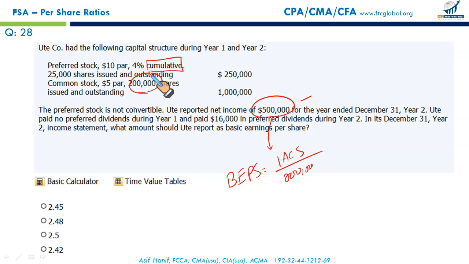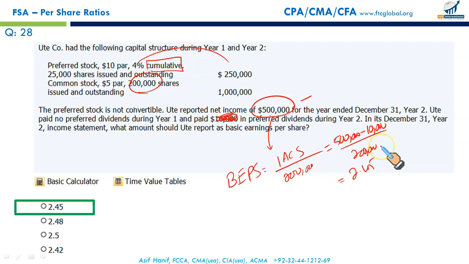When the preferred stock is cumulative, for basic earning per share calculation and for diluted even, you have to deduct the dividends, even if it is not declared, not paid even. So irrespective of what has been paid, you have to deduct 4% of 250,000, and that's going to be 10,000. So you will write 500,000 as your net income, less 10,000 for the preferred stock dividend on these cumulative stock, whatever paid, we are not concerned, divided by 200,000 number of shares. So if you do the simplification, it will give you 490,000 upon 200,000, 2.45, and that makes A the correct option.